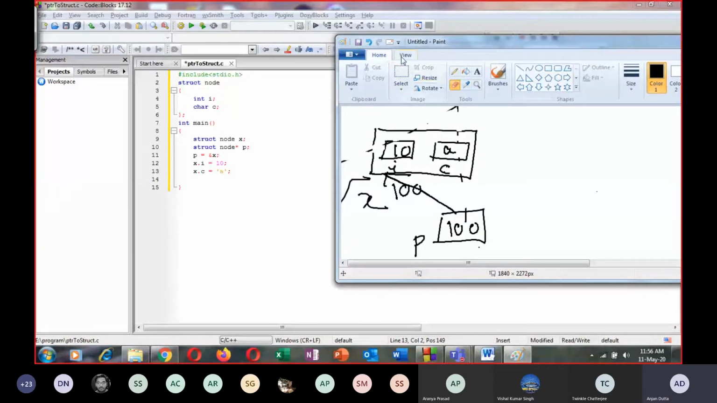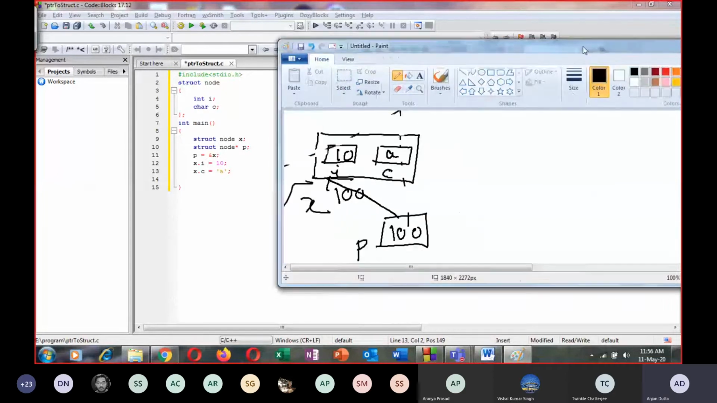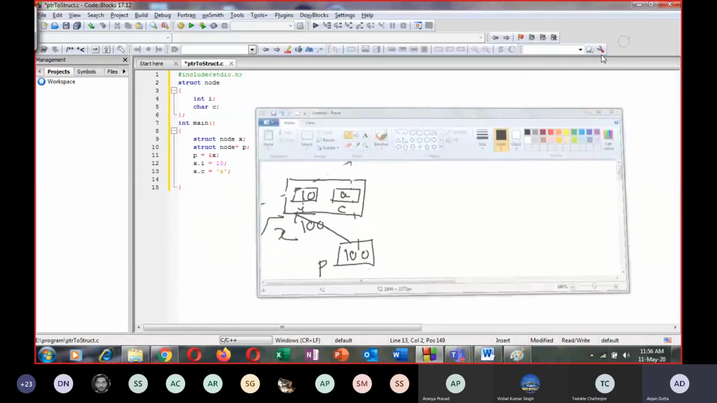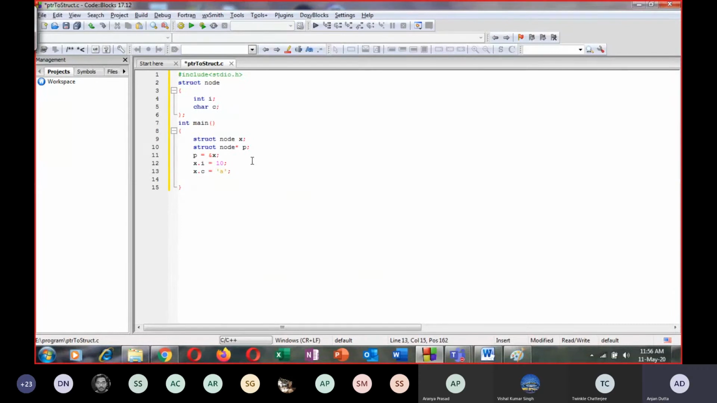So up until now I have done this, right? So now you tell me, if I write this printf